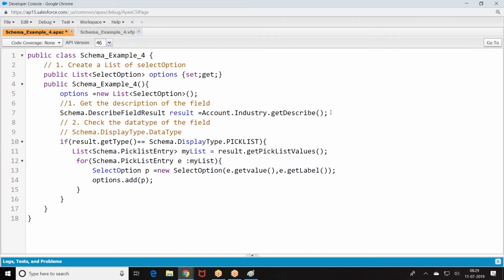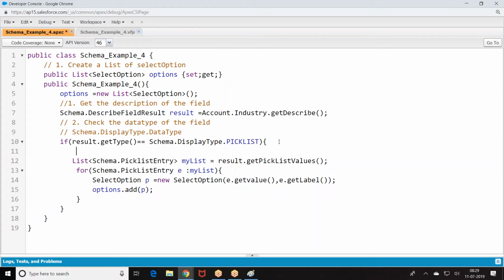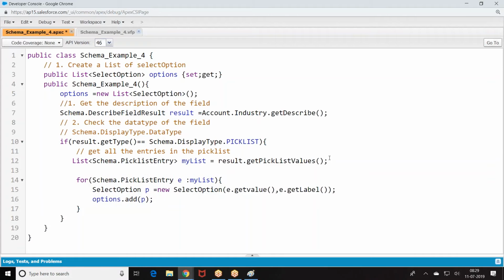If the data type is pick list, then get all the entries which are there in the pick list. Entries means all the options which are there in the pick list field. Then take one by one option, by entry. Create select option for it. This is the story I created.